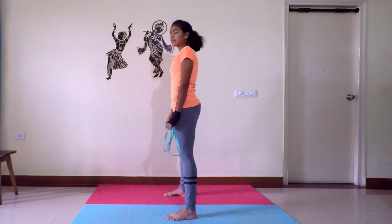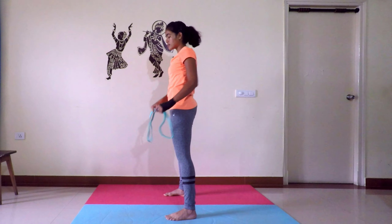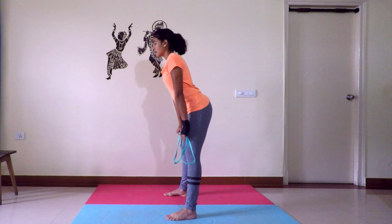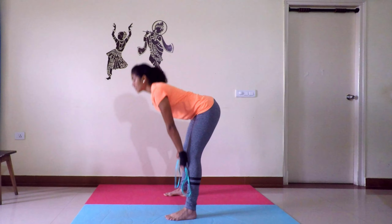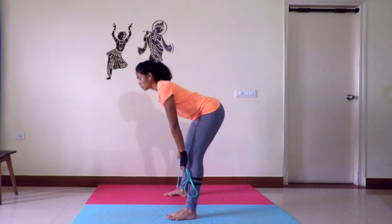Alright, so let's do 10 reps of that. Keep your core tight, keep your glutes tight. Initiating the movement with pushing your hip out, and then you go down, 1, and then up. Let your upper body go down, don't squat down, 2,